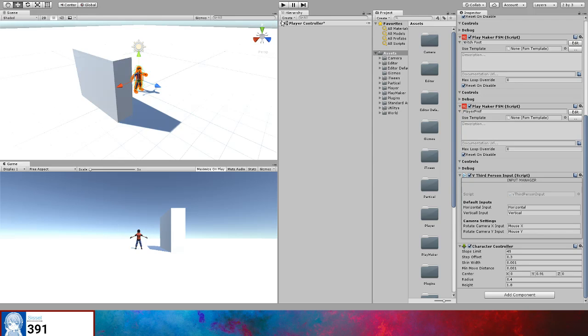And later, when we have the controlling system finished, the movement controlling system, we will make this FSM and this project